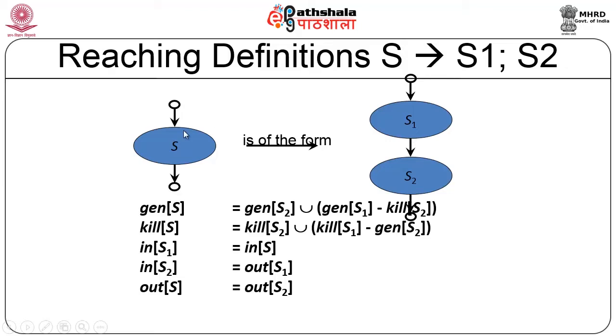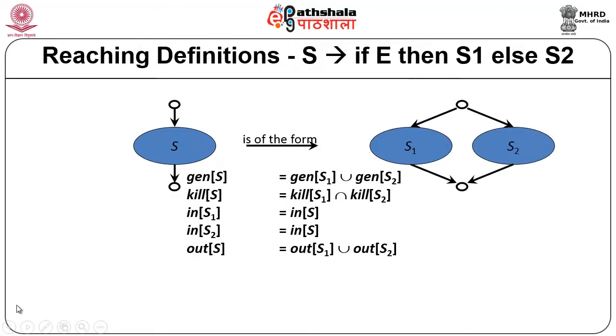So, we will basically determine the gen and kill of all statements to determine your final combination. Now, the next statement is of the form if expression then statement else statement. So, we have already said that in a data flow graph, in a control flow graph, you will not have a decision box, but we will simply say you can either go here or here. So, you will have both the representations in the control flow graph. So, similarly here, now my statement S comprises of two components, two paths basically.